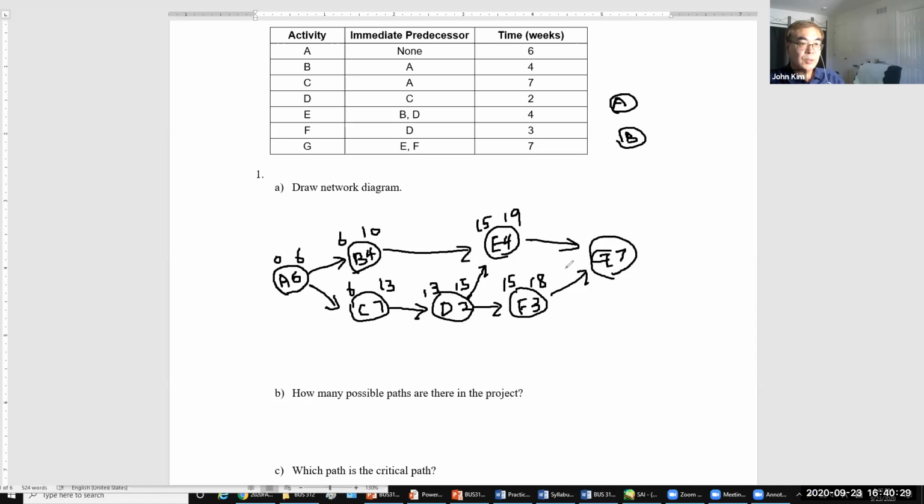So when you go this way, combine, then a later one, 19